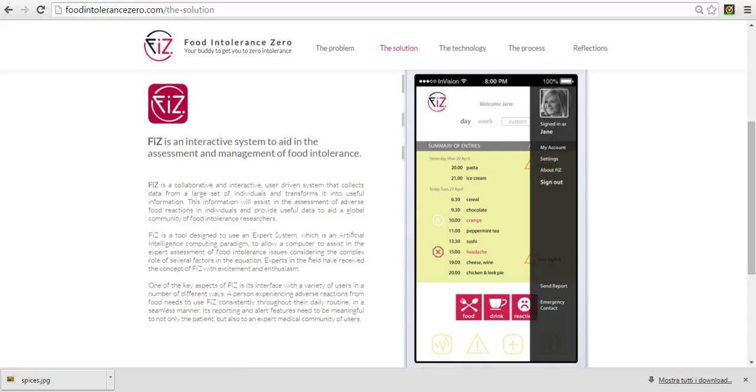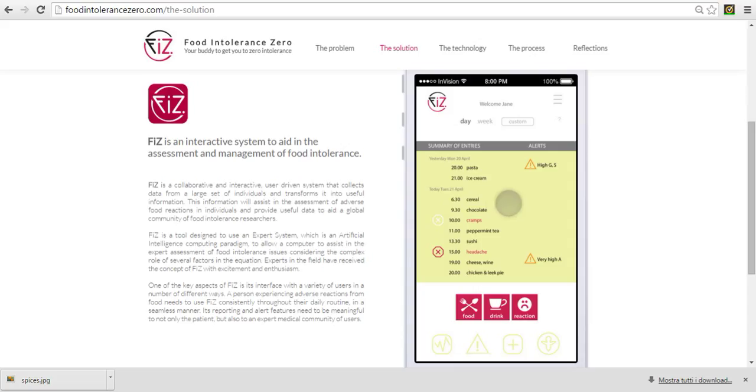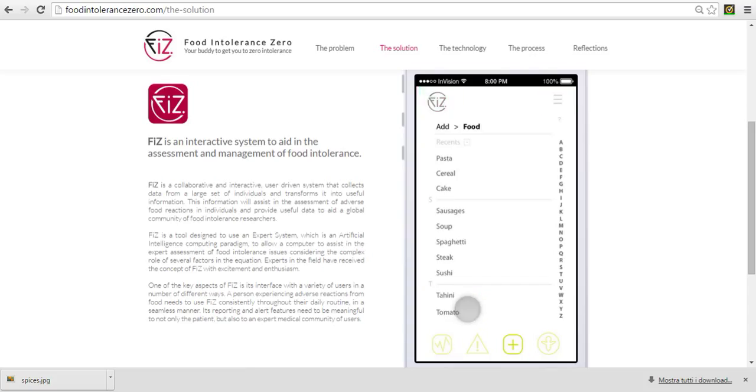At the moment we are logged in as Jane, and Jane is really a fictitious persona that helped us to understand the problem of food intolerances from a user's point of view, as well as her needs. Let's imagine for a moment that we are Jane, and Jane has just eaten something, so she'll be able to log that in from the shortcut add food button straight from the dashboard, and she'll have a recent list